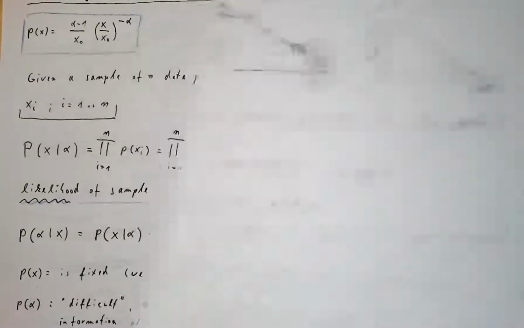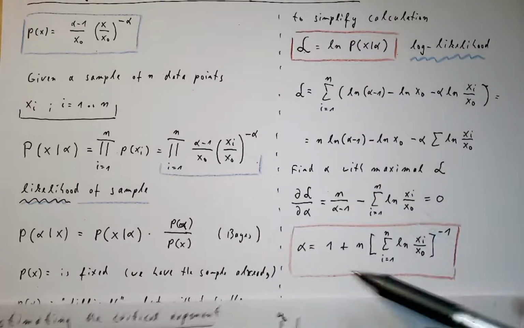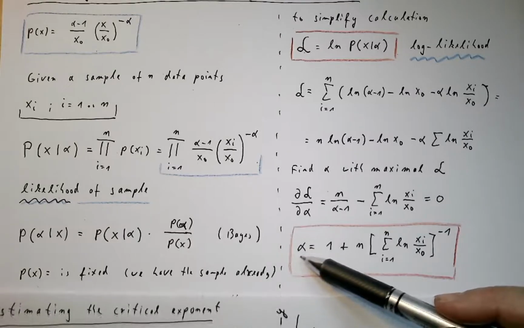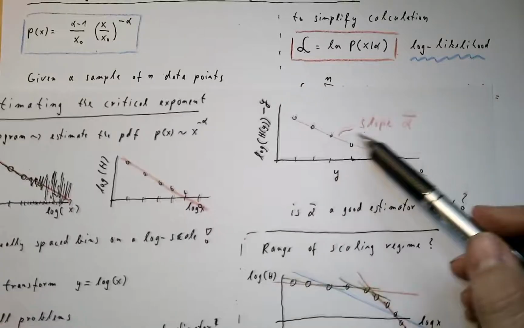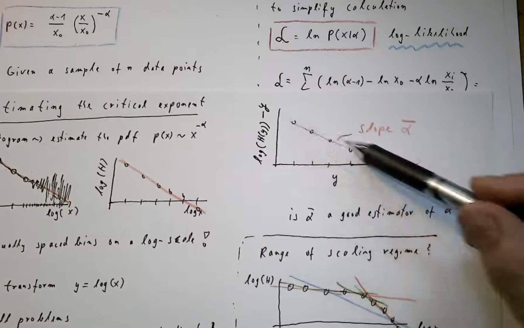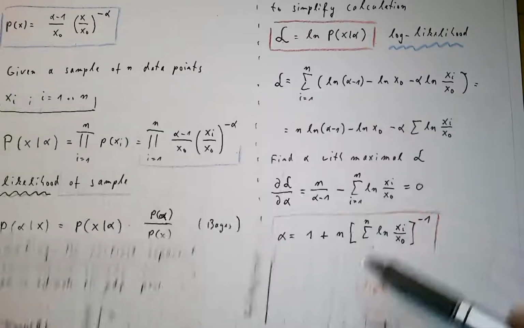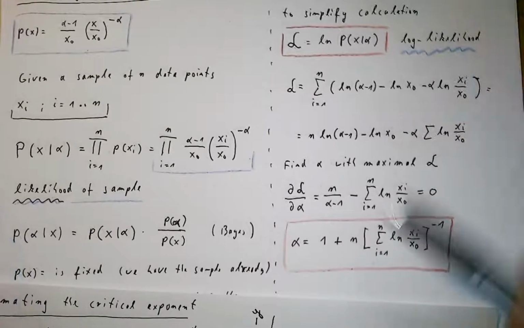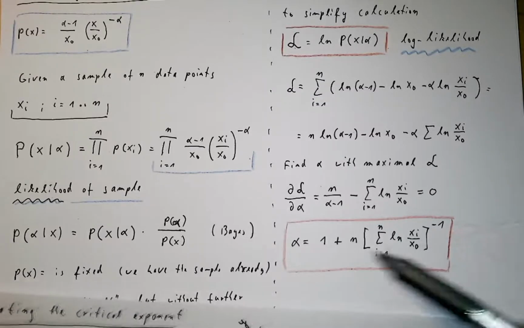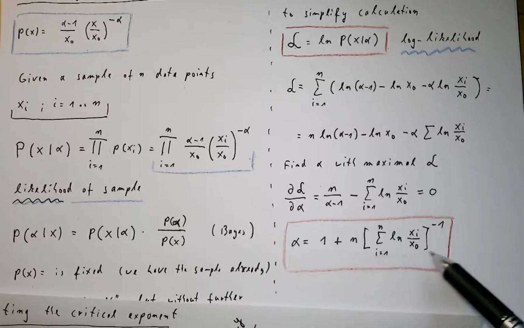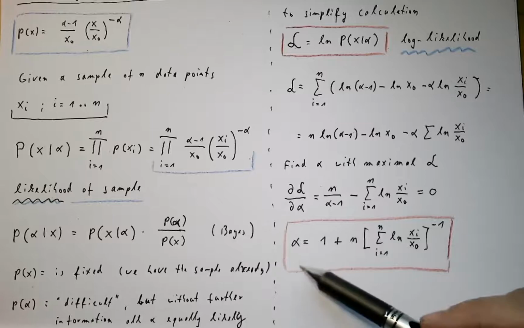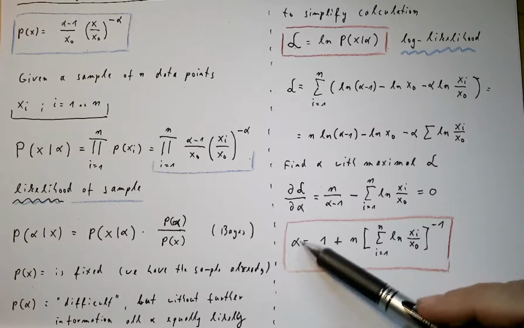And then additionally use the log likelihood method to calculate this critical exponent, and then compare the two, and see how the slope from the straight line fit relates to the slope that you calculate from the log likelihood method. In doubt, you can trust this more. And actually if you look in the literature, there are also ways to calculate some estimations,